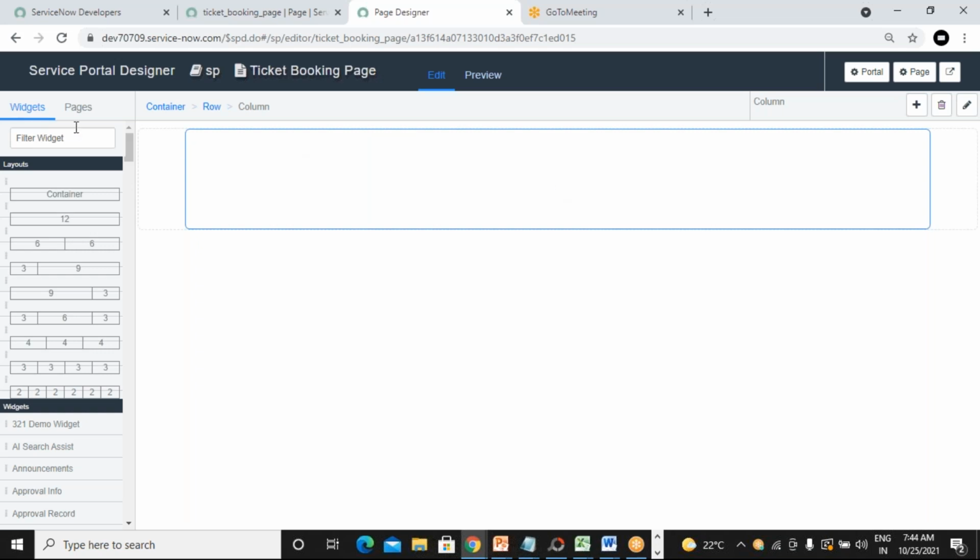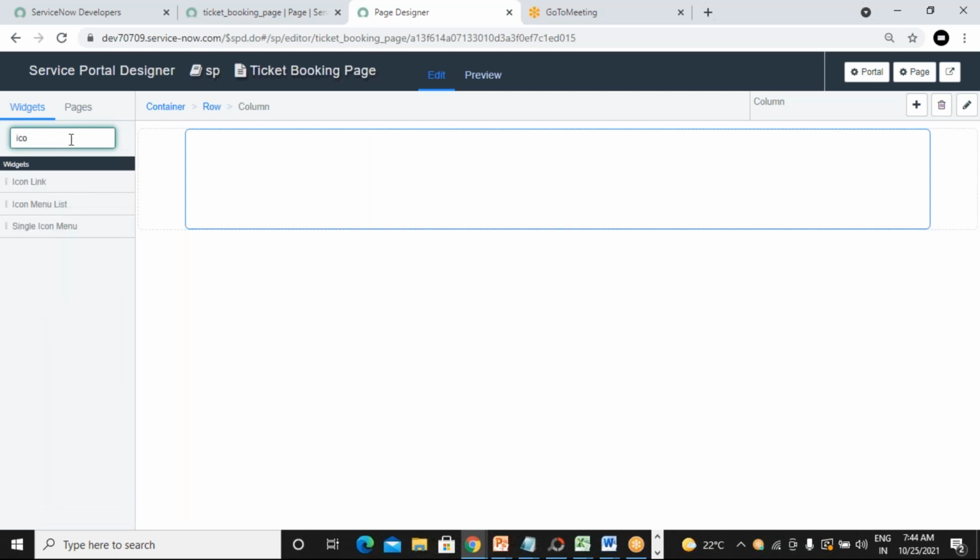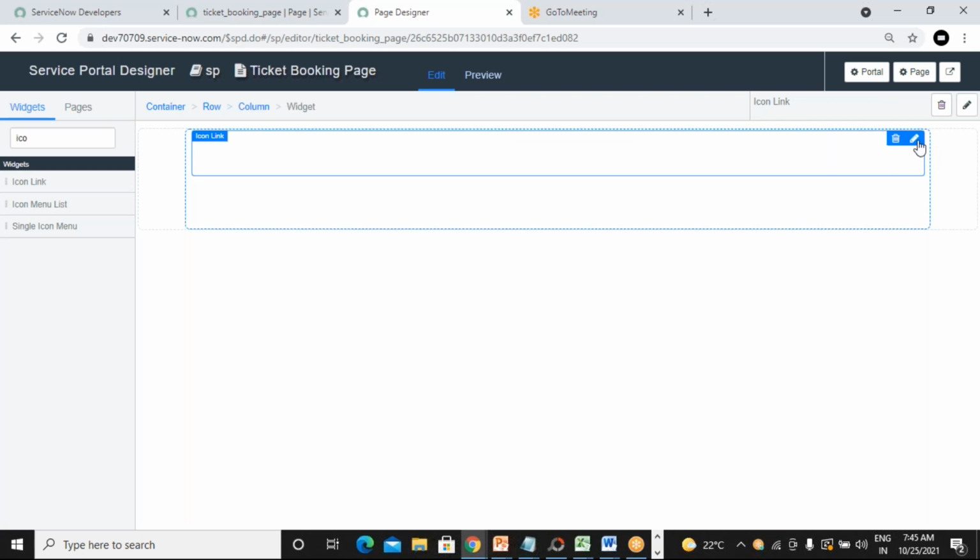Now, if you want to call a record producer, we have to use an out of box widget called icon link. Here you can drag and drop this icon link. Once you drag and drop the icon link in the container, you can navigate to it and click on the edit option.